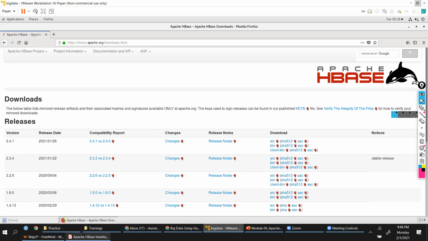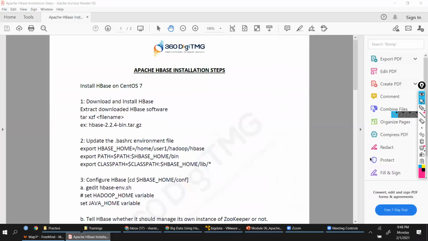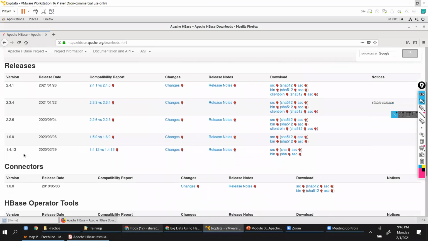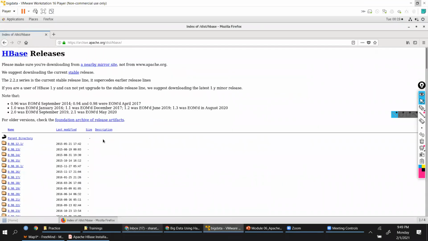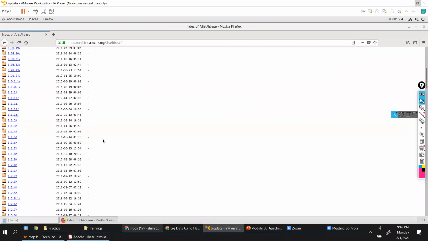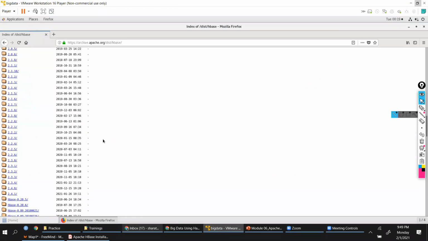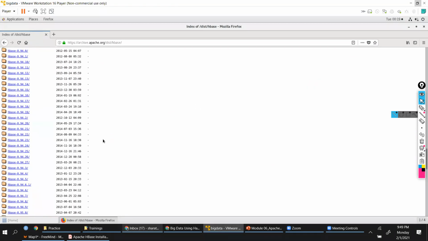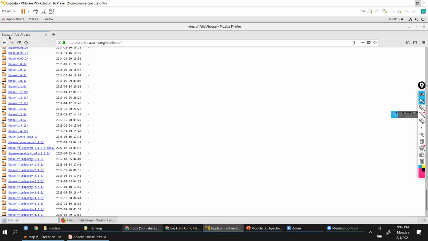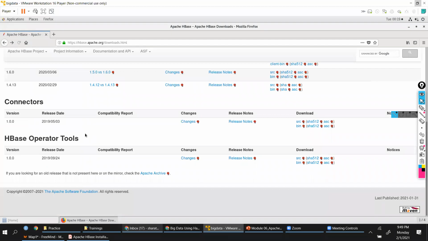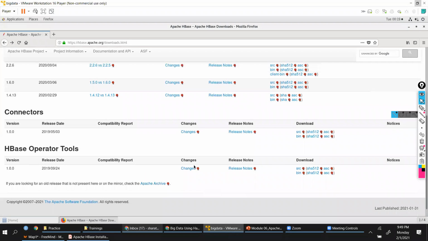Here we can go with, let's say, bin file. Where is the, yeah, mirror sites, Apache archive. Let me go here, and you can see so many different versions are given for us, right? So many different versions are given. Yeah, but it's too confusing there, so we'll come back. You might want to go there. Yes, you can go for the archived versions.